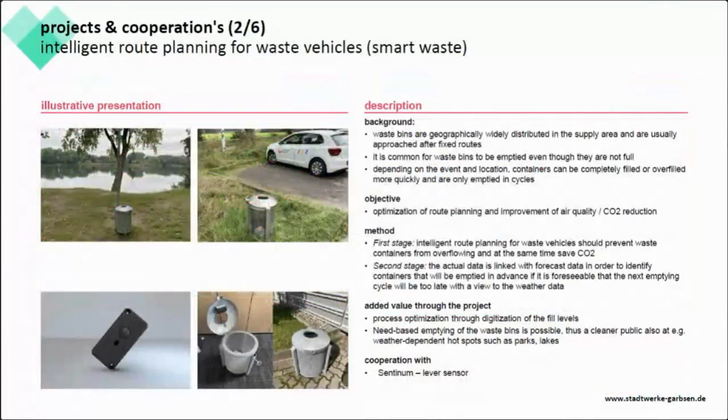We think that a lot of rubbish bins are emptied, whether they are completely full or not. We also think that using level sensors will help to empty the right bins. The right time of emptying maybe depends on weather or the location where the rubbish bins are set up, so that we can use the sensor data to calculate an intelligent route where only full bins are emptied. This could lead to, for example, CO2 reduction or to a cleaner environment.